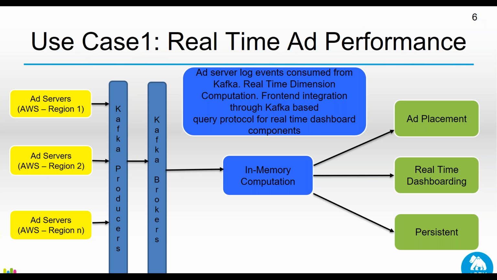One of our prominent customers had this problem where they were reading a lot of log events from different geographical regions served by AWS. They had to read all of these log events, and they had a requirement to do a lot of aggregation on this data for different events. So a lot of aggregates such as average, means, variance, so basically it was an in-memory computation. It was not an OLAP cube kind of thing, but mostly in-memory computation of these events